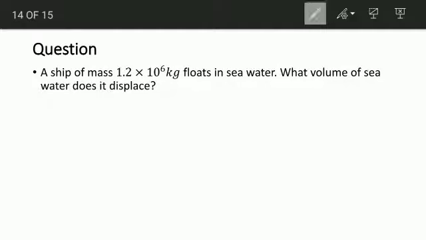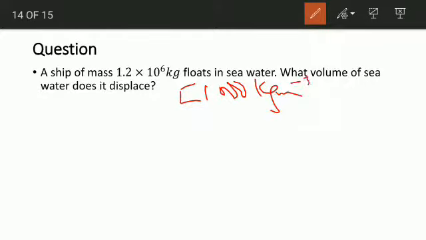Here we have a ship of mass 1.2 times 10 to the power 6 kilogram floats in sea water. Okay, that's the mass of the ship. What volume of sea water does it displace? In this case, we are going to assume that the density of seawater is the same as the density of water, which is 1000 kilogram per